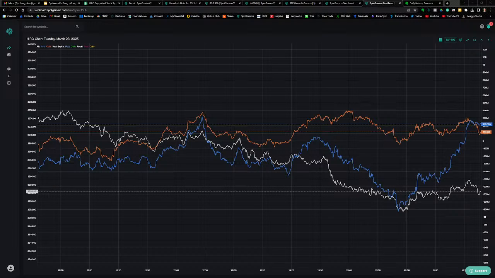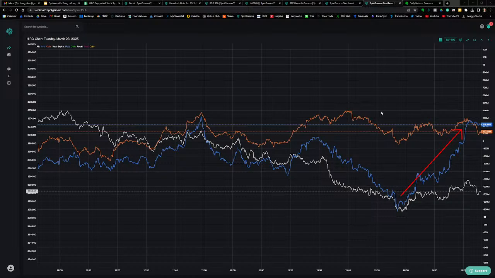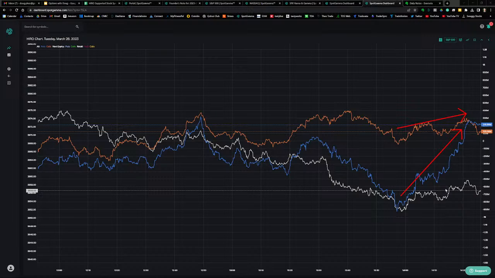And this makes perfect sense. Traders are selling puts at the lows, which is what I like to do. If you're going to sell a put, that's when you want to sell a put. All right, so call buyers, not much here. Slight increase in call buyers, but traders are selling puts at the low there, and that is helping to drive price higher.